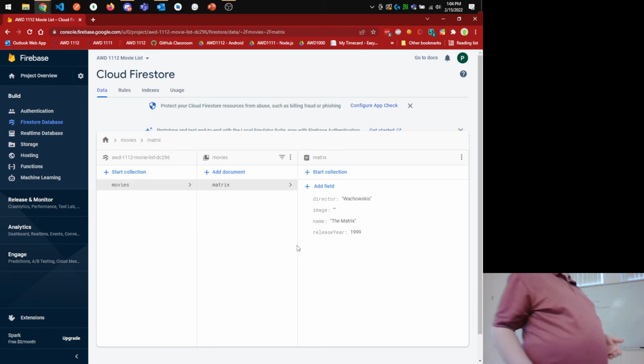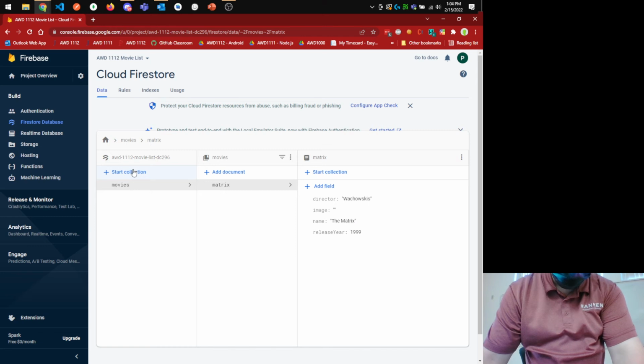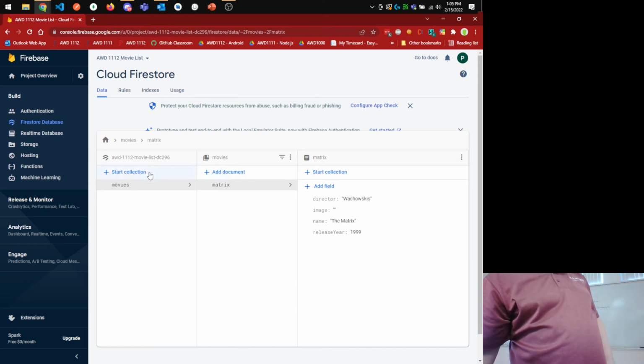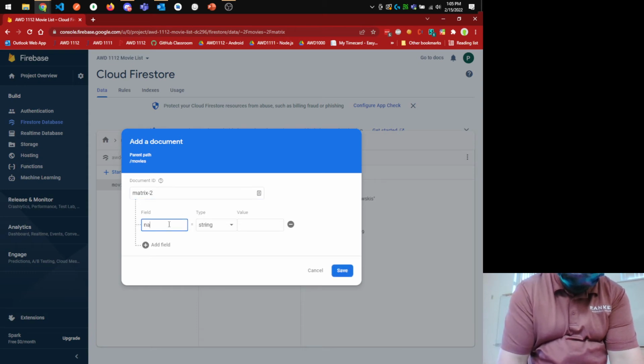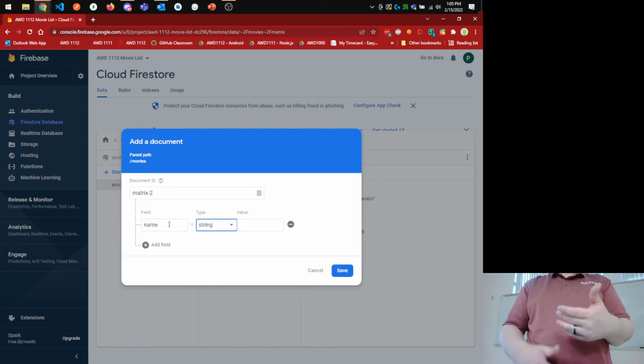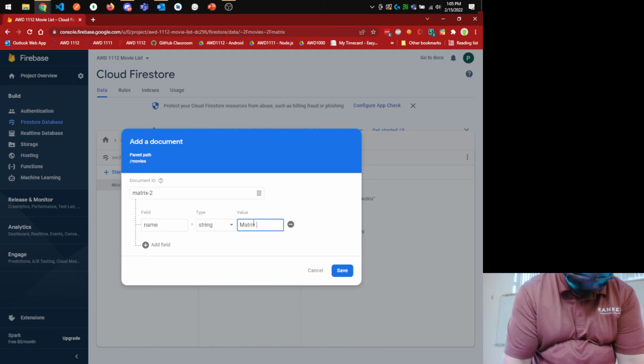You can now see that I've got a movies collection, over in the far left. In the middle, you're seeing the documents, and on the right, you're seeing the fields within that document. Let's say I want to add another movie. Rather than creating another collection, I'm going to add a document. And so this would be Matrix 2, the name. I want to keep those same field names that I used from before. This would be Matrix Reloaded,